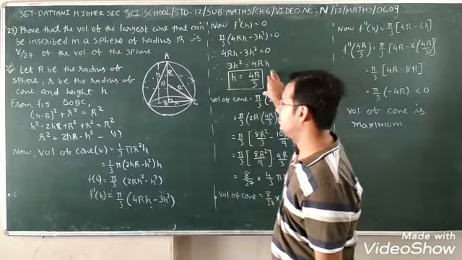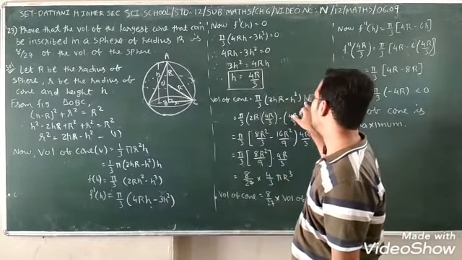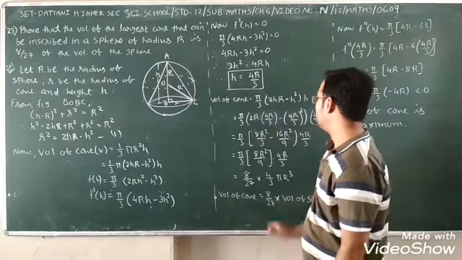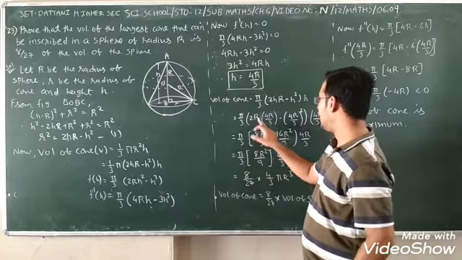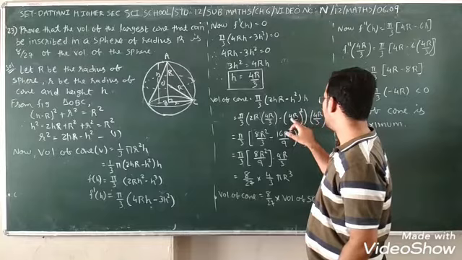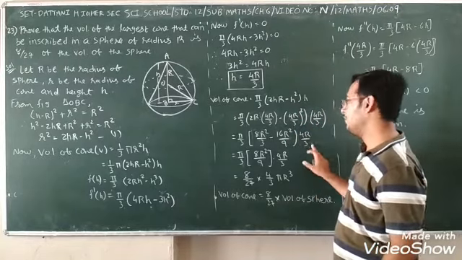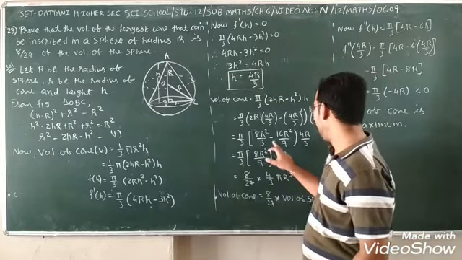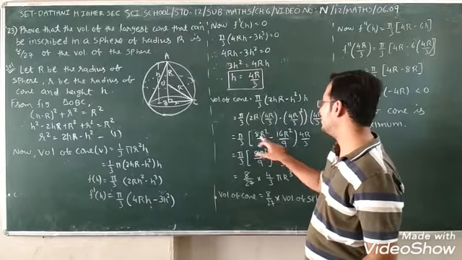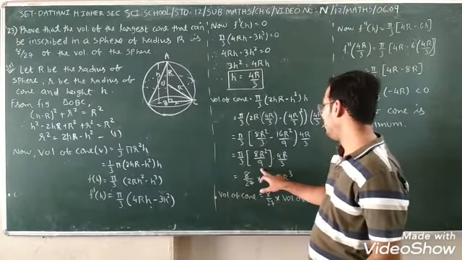This value we put in the volume of the cone. So pi by 3 (2hR minus h square) into h, where h is equal to 4R by 3. Here 2 fours are 8R square by 3, minus h square, which is 4R by 3 whole square: 4 square 16R square, 3 square 9, times 4R by 3 as it is. If we multiply by 3, both denominators are the same. 8 threes are 24, 24 minus 16, 8R square by 9.